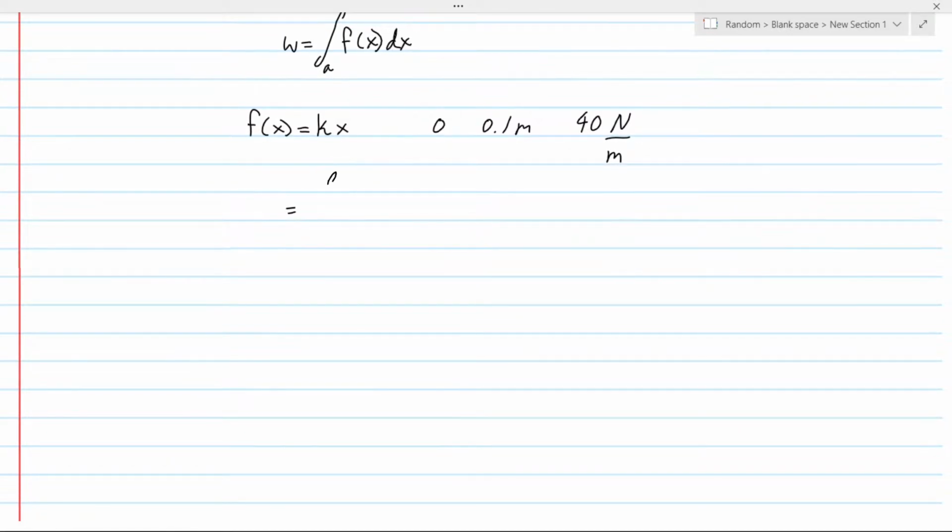Well, all we have to do is put the function in the integral, integrate,